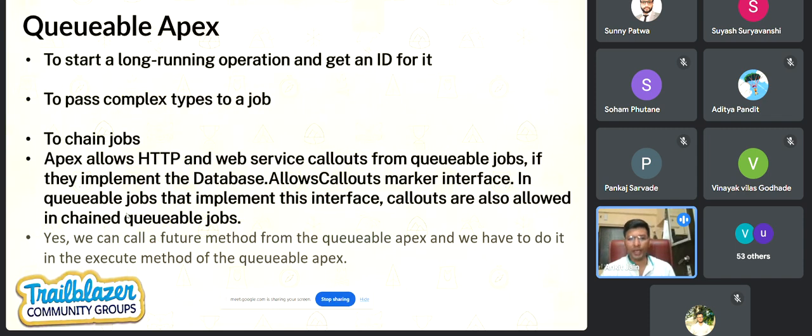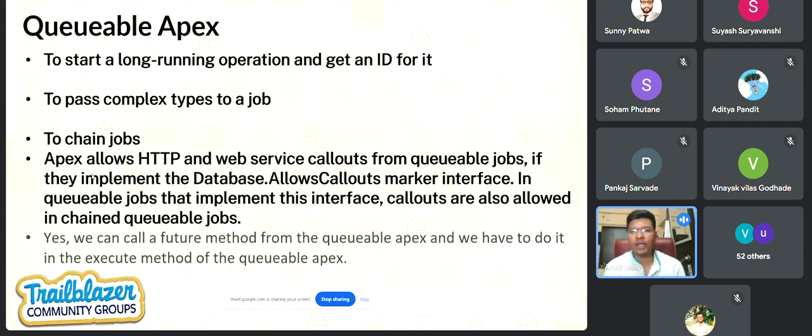There were some drawbacks of the future method. First, I don't know when it would complete. I should know in code whether the execution is complete or not, but I was not able to check that. And I was able to pass only primitive data types. If I wanted to pass any object, I was not able to do that.